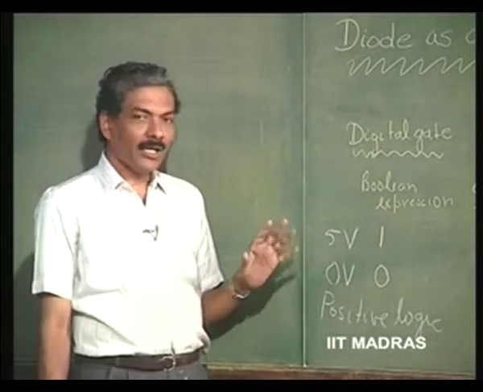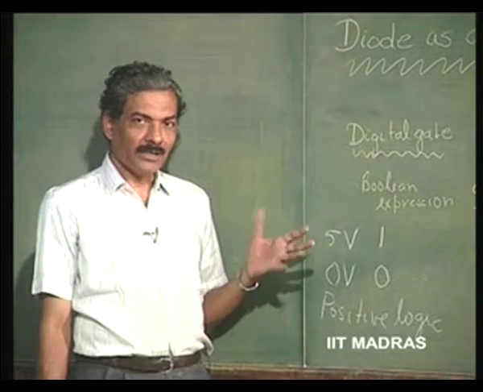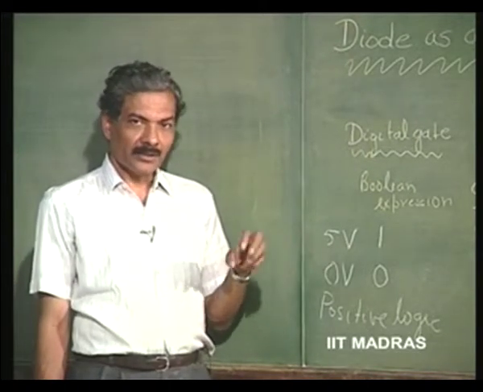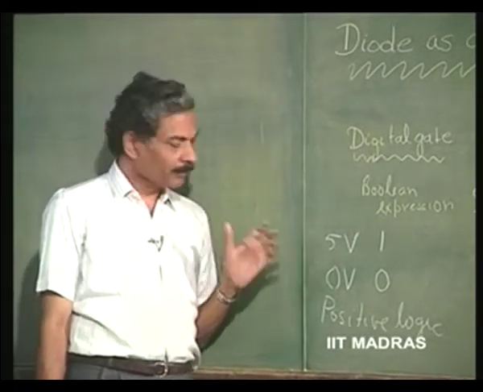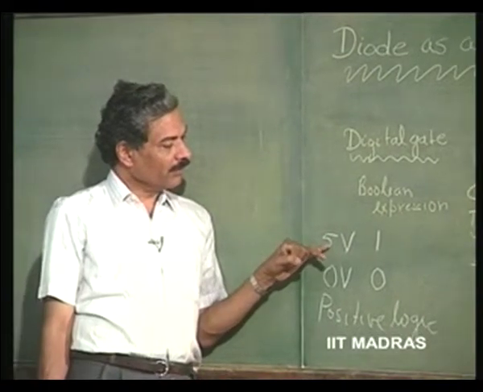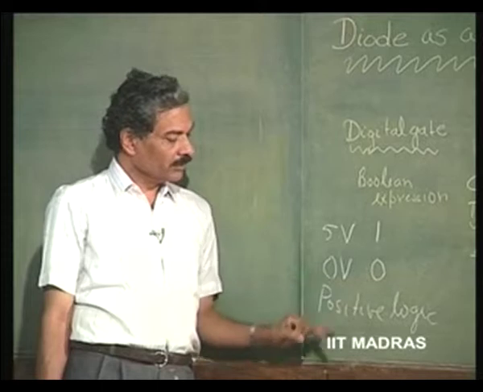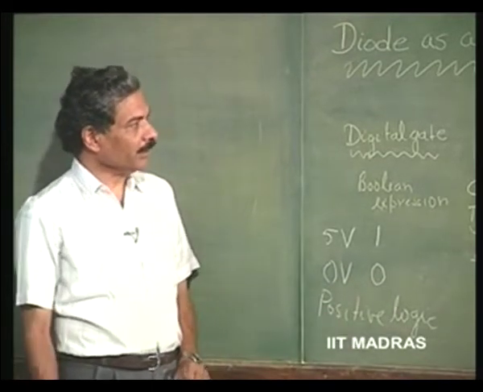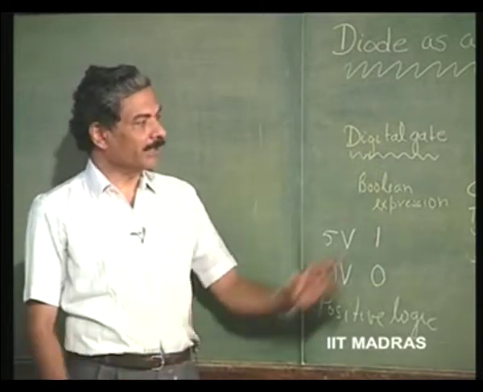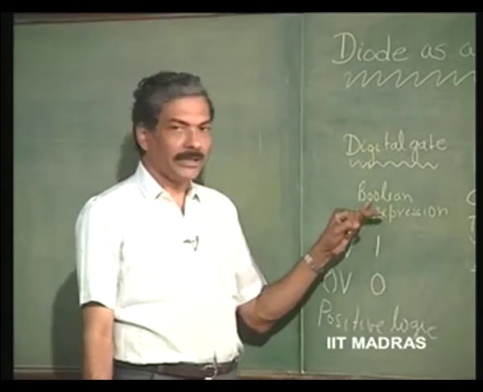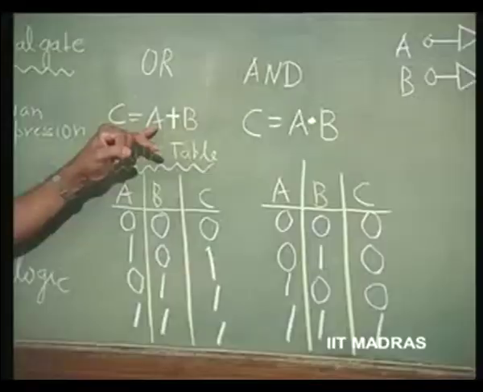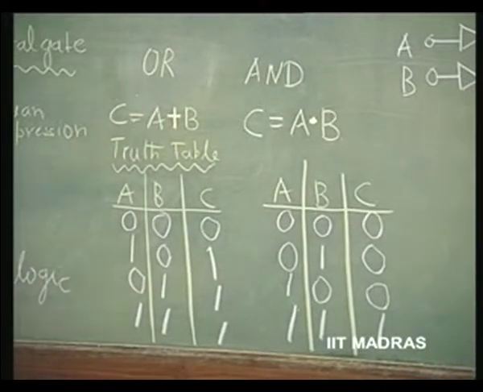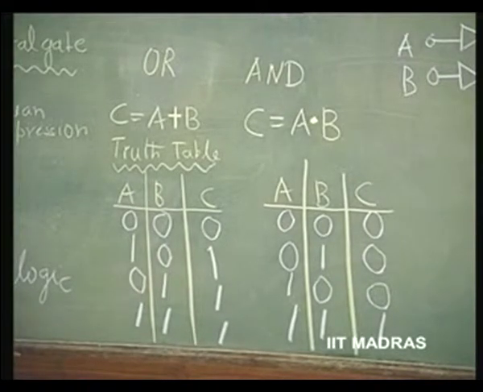That is not normally done unless somebody, for some peculiar design constraints, wants to select negative logic as his basic logic operation. So, here we have chosen 5 volts as 1 and 0 volts as 0, that is the positive logic. In such a situation, what is meant by OR operation? That is given by the Boolean expression A ORed with B, in the sense A plus B, right. This is a Boolean expression for OR operation,